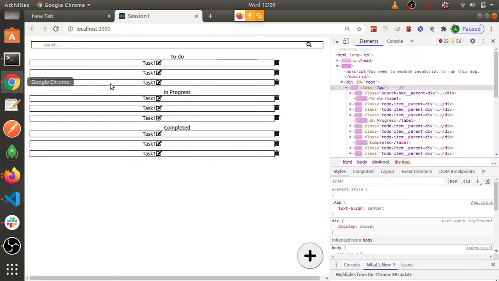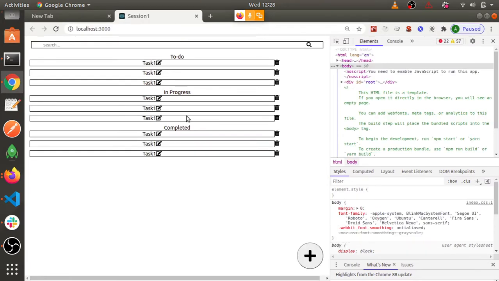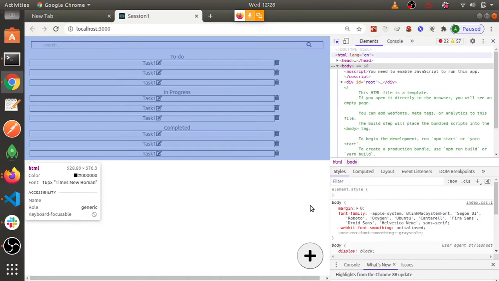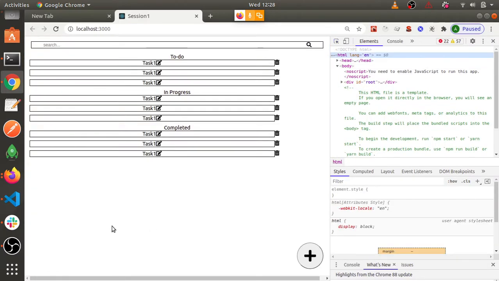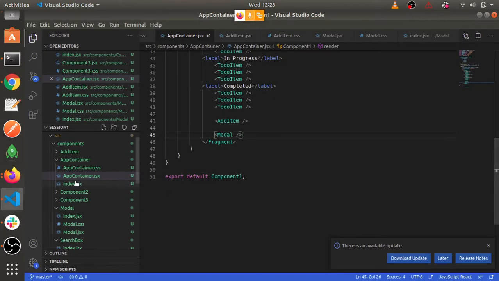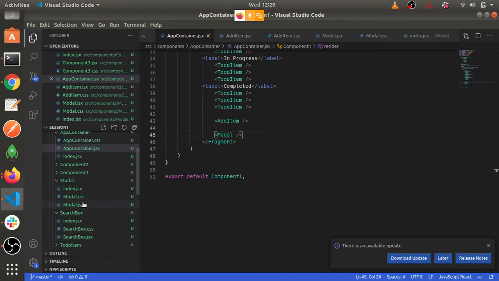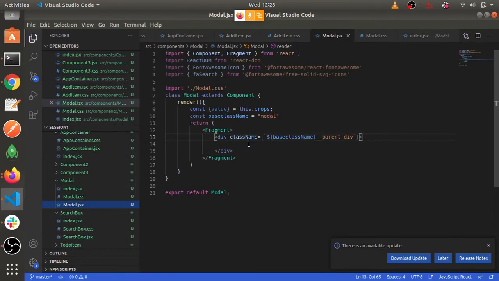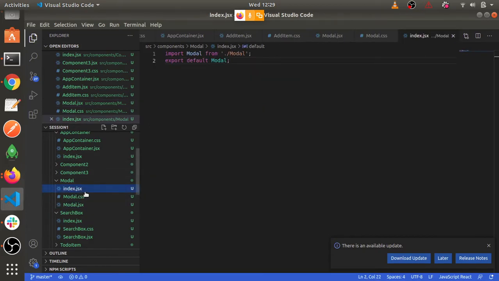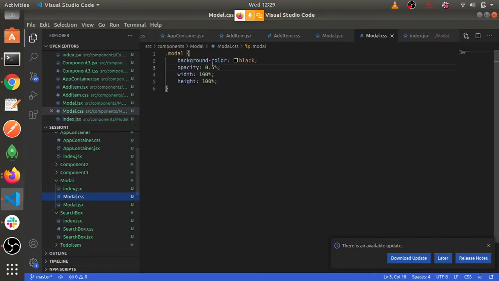Now you can see how it looks. If I refresh it, why is that not showing? What's the problem? The modal should have shown its effect. I'll give it something, ABCD. Oh, I have not given it position.